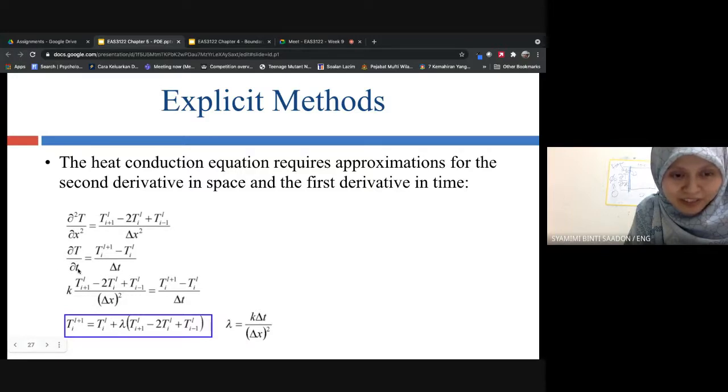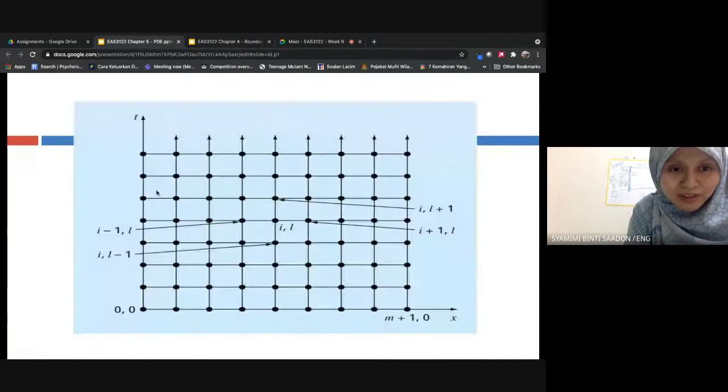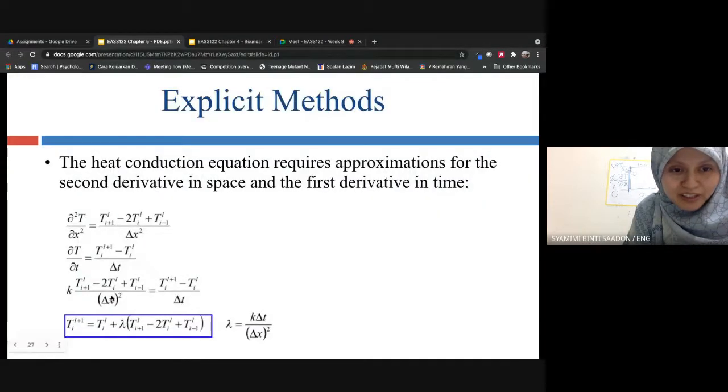Then another one, the derivative of T over time, unsteady state. It is written like this. For time, i is the same and L is different. For x, the distance, it is i plus 1, i, the same as the Laplacian just now. If we substitute these two forms into the heat conduction equation, Fourier's equation, we substitute this one here and this one here, so we have this equation,